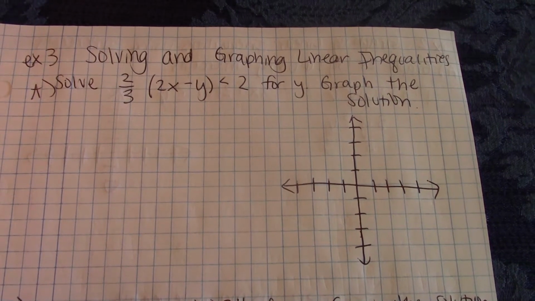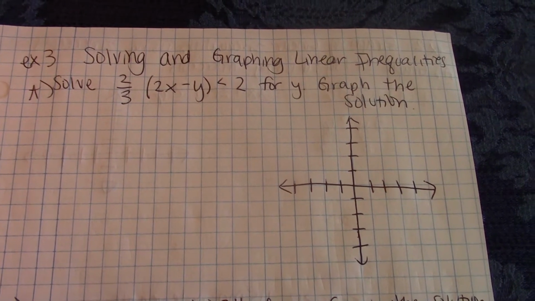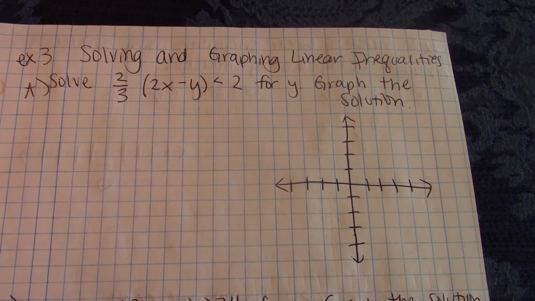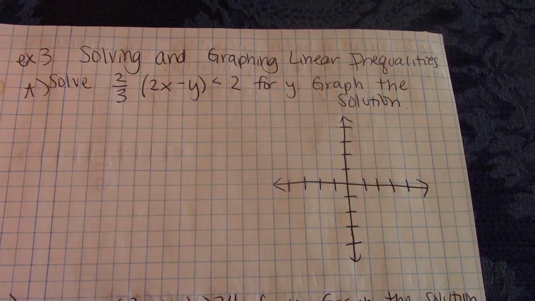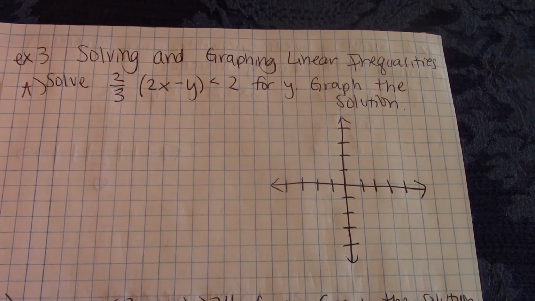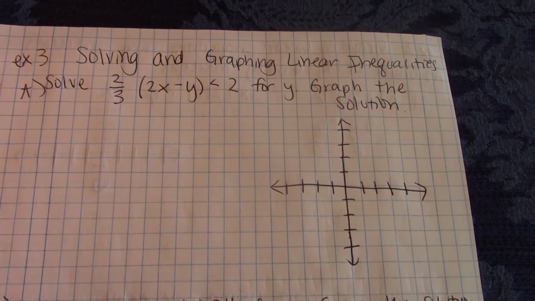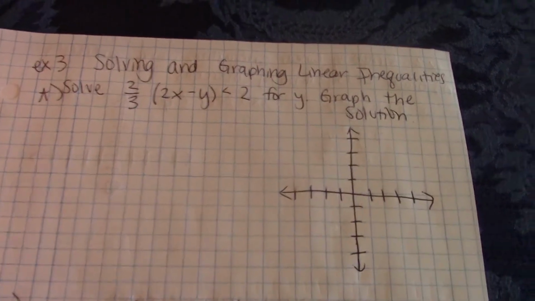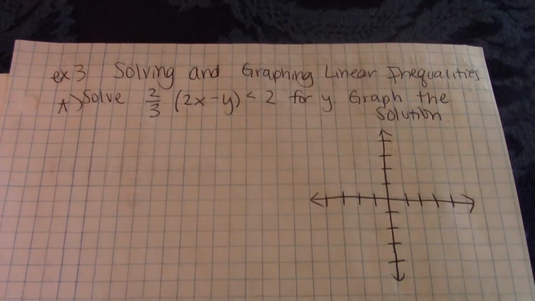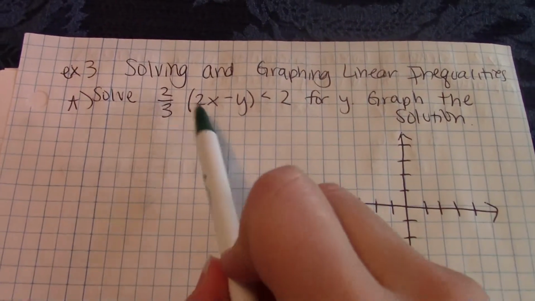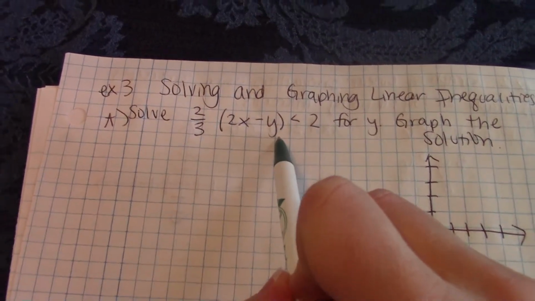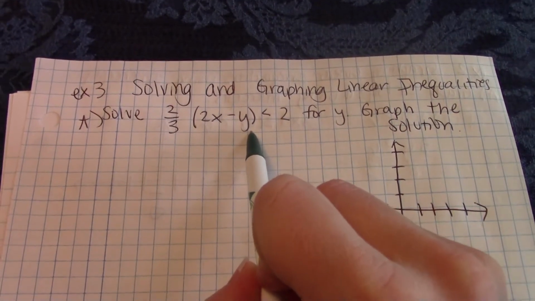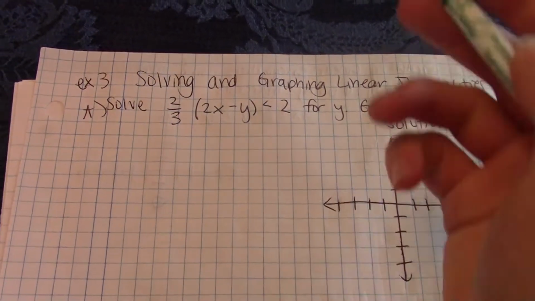Example 3. Solving and graphing linear inequalities. Solve 2/3 times (2x minus y) is less than 2 for y, and then graph your solution. So, you could distribute that 2/3 in, but then you're going to have fractions on both of these. I don't want to deal with more fractions than I have to, so I'm going to multiply